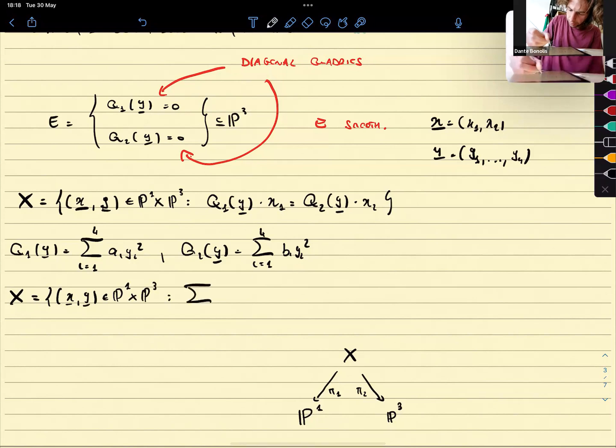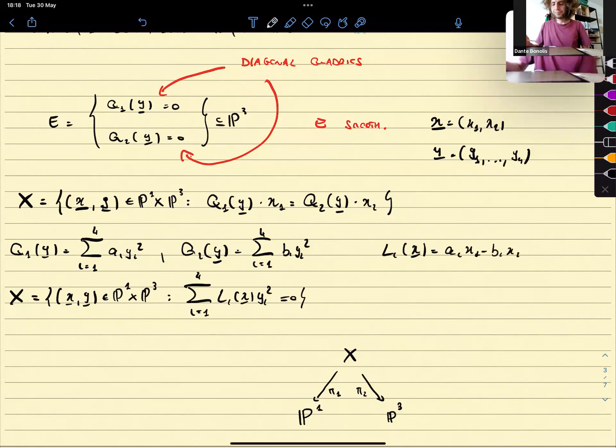You consider L_i(x), where L_i(x) is just